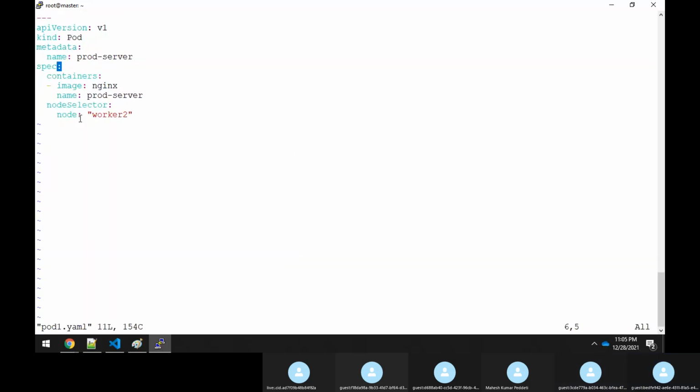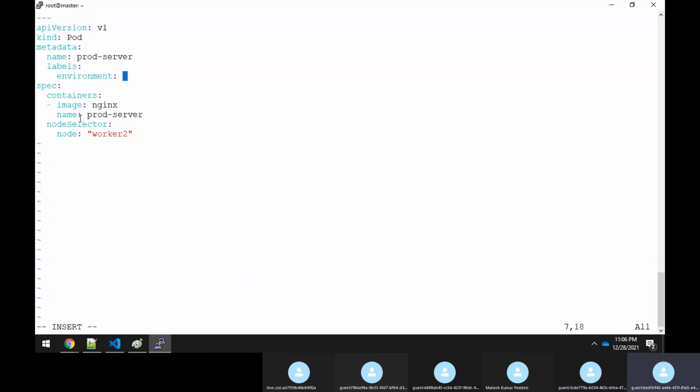For example, if I want to select a node with two conditions, like one that has SSD as well as some other RAM. Correct, that you can set over here.